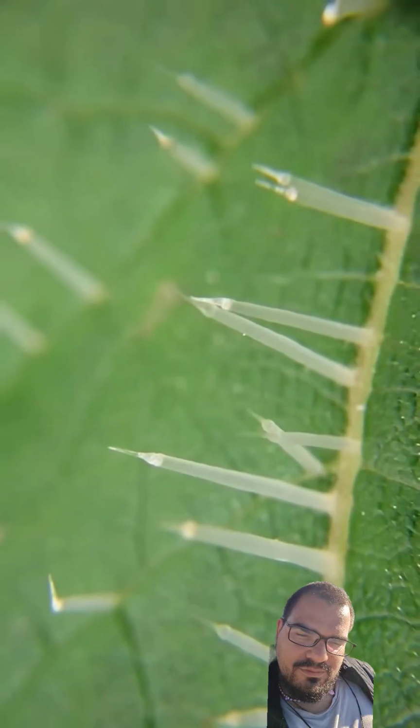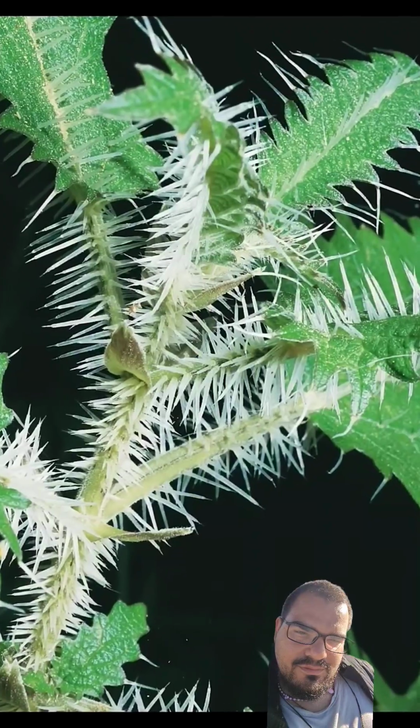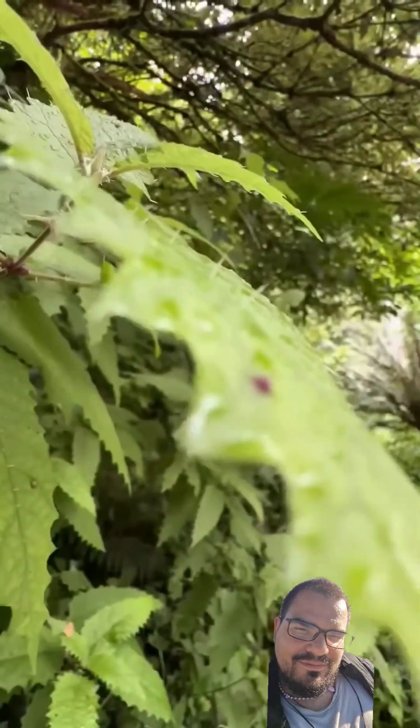The plant I'm looking for is called the stinging tree nettle, and the leaves are covered in hundreds of miniature syringes, and just brushing up against one of them causes the tip to break off, injecting neurotoxic chemicals into your skin. Okay, I found the plant, and I'm gonna be honest with you guys, I don't know if I want